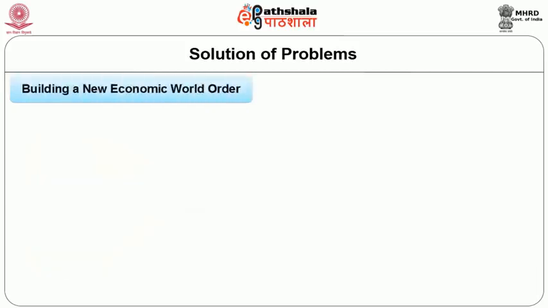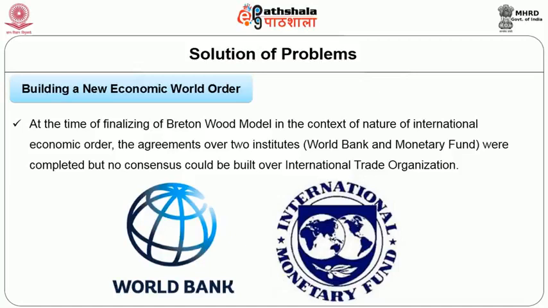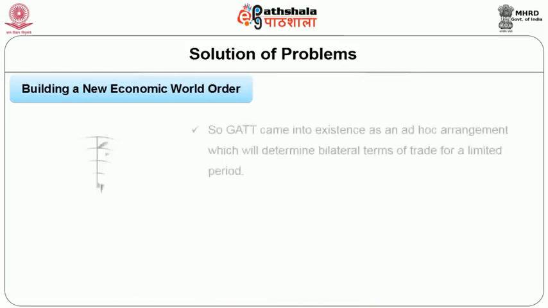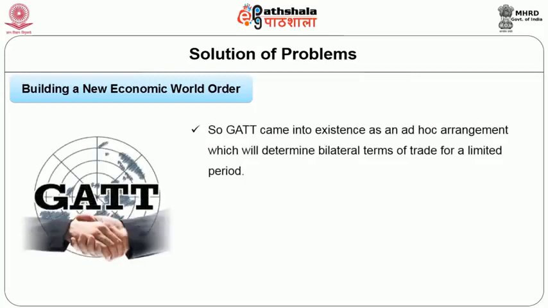Building a new economic world order. At the time of finalizing of Bretton Woods model in the context of nature of international economic order, the agreements over 2 institutes, World Bank and Monetary Fund, were completed, but no consensus could be built over International Trade Organization. So GATT came into existence as an ad hoc arrangement which will determine bilateral terms of trade for a limited